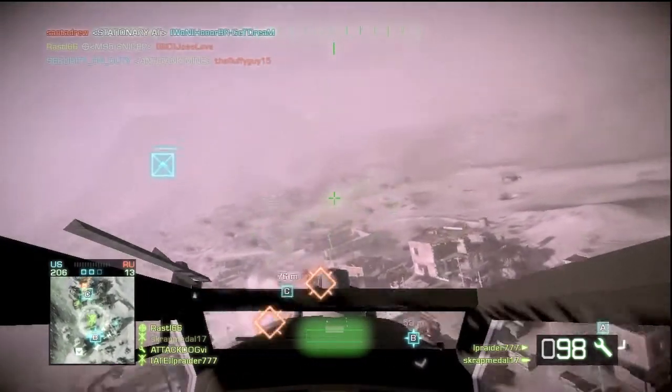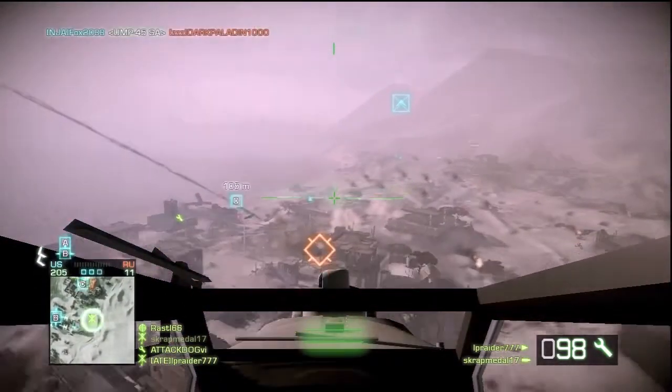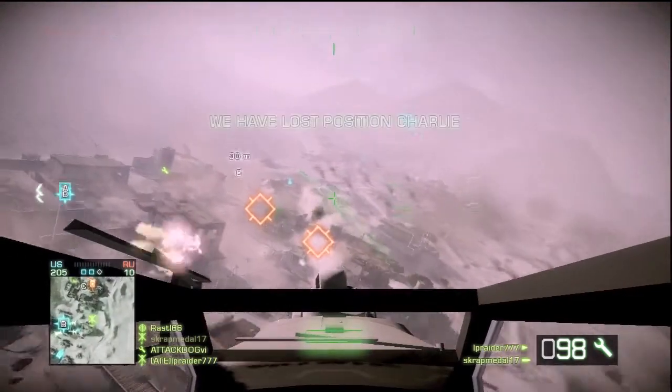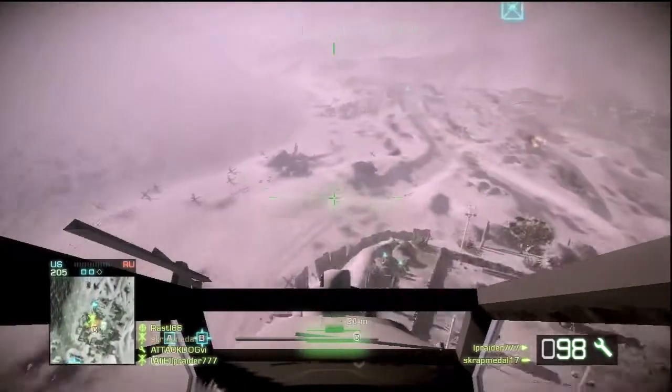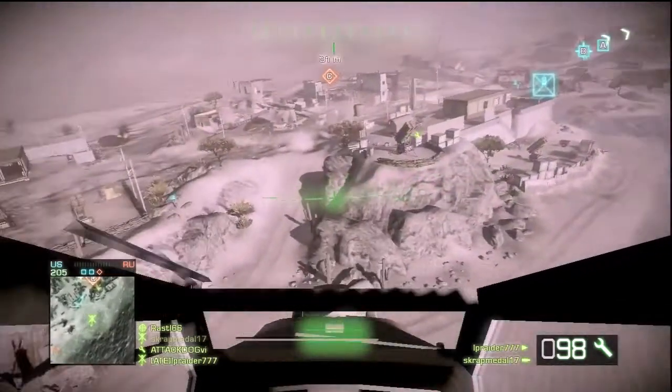They got some of the bases, but there's absolutely no chance that they're going to make a full comeback. We have 205 attackers, they have 10. And as long as we keep pounding whatever is trying to get Charlie, they don't have a chance. And that's one of the things with helicopters. You can't do too much with it, but you're just